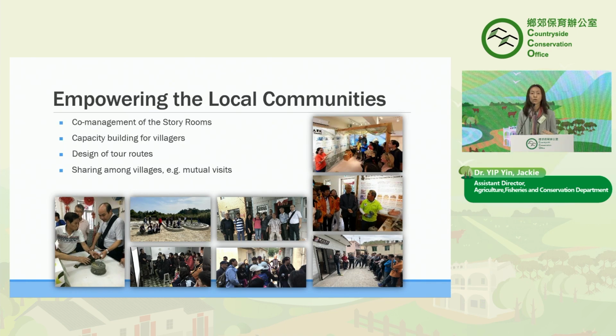This is a really important thing. I'm sure that this point will actually pop up throughout the whole discussion of the day. We've been talking with other project managers as well. A lot of resources have been put into these projects. A lot of people from different backgrounds have been helping local villages, and the villages themselves have lots of ideas as well. But how can we sustain these efforts and get to a next level of the real sustainability in the long run? I think there's a lot to discuss, and we also like to be part of the discussion.